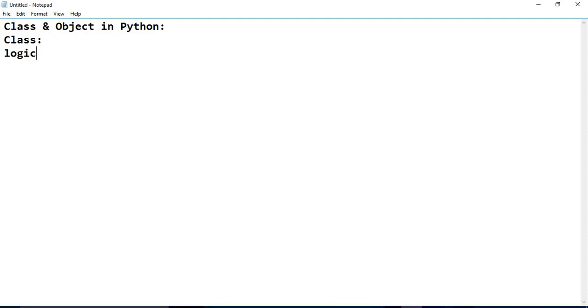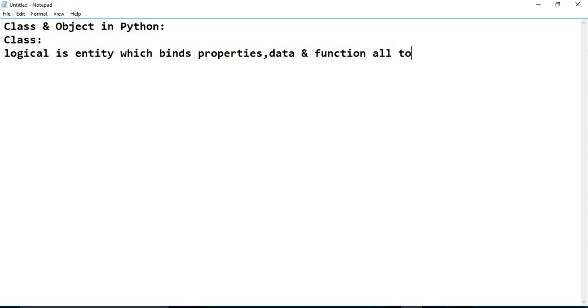Logical entity, which binds properties, data and functions all together.